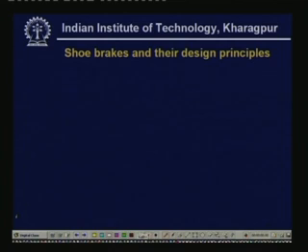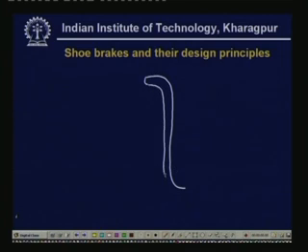That is, this is the lever, we have P applied here, and this is the fulcrum, and let us say this force is acting here. This is the friction force F, this is the normal force, and the friction force, because now the drum